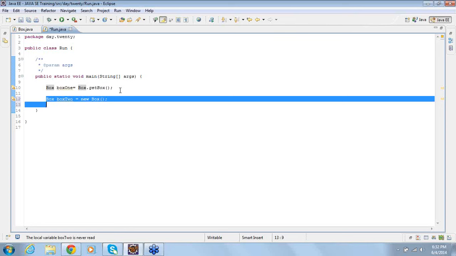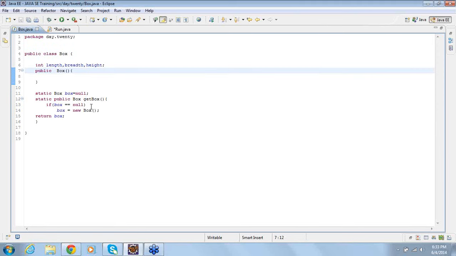So they don't want to create the object again and again, because every time you create the object, you are consuming the memory. So they introduced something called the singleton design pattern. Every time you need an object, you won't be creating a new one. You will first ensure whether the object exists or not. If it exists, get that object. If it doesn't exist, create a new one.